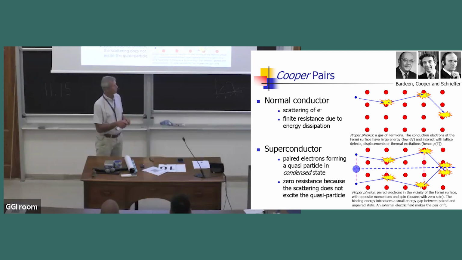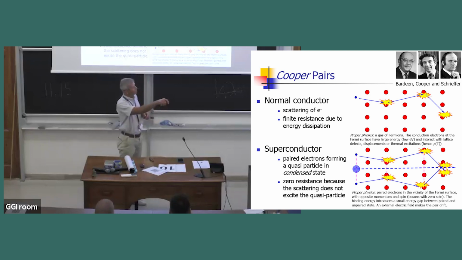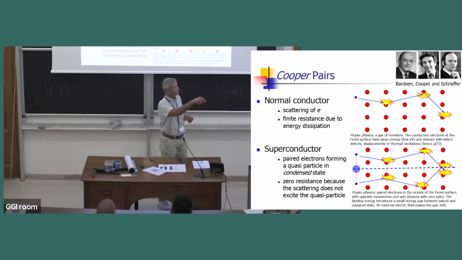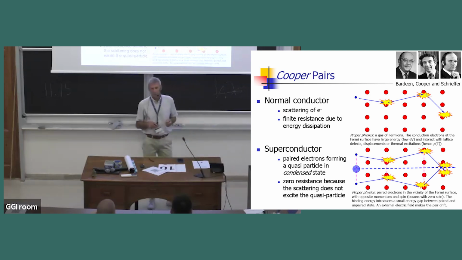Now, in a normal conductor, this is a cartoon just to explain it, okay? So it's not necessarily proper physics, but in a normal conductor, the electrons going through the material are scattered by the defects of the crystal, and the scattering appears as work, and the work appears as a resistance. Okay, so that's what explains the resistance to the flow of an electron in a lattice. These are obviously only the conduction electrons. They have relatively large energies, few electron volts, and they're at the boundary of the Fermi surface. Okay, just to put things in proper perspective.